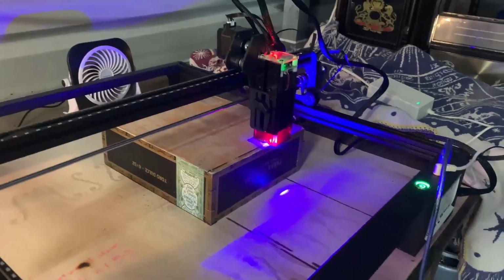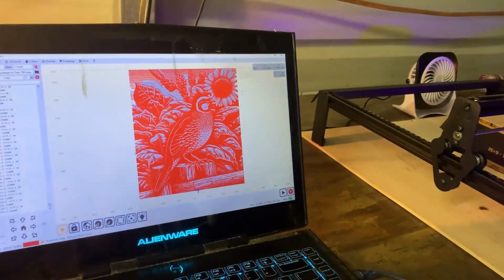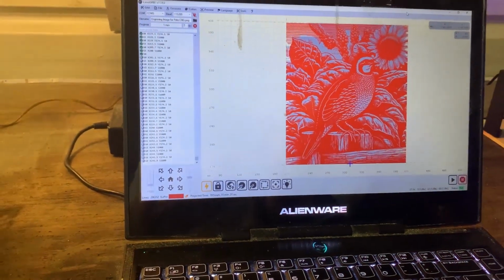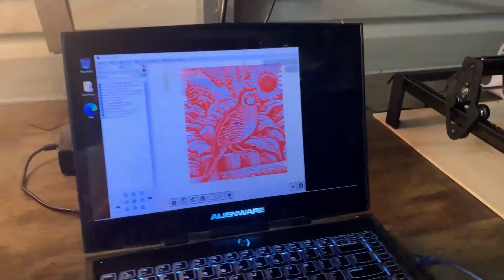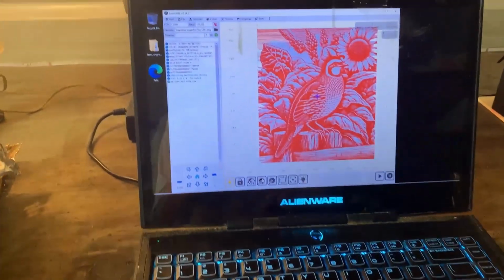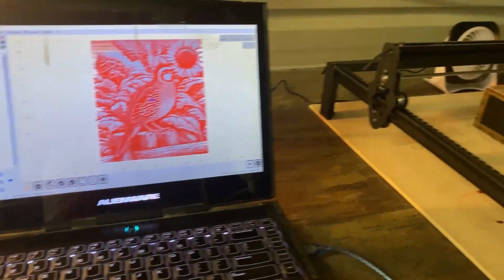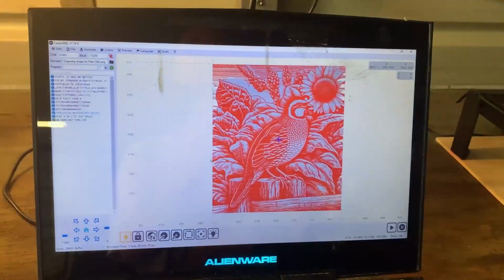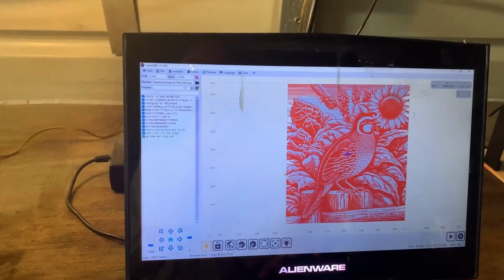Anyway, okay, so I aligned the box, focused the laser, and it's currently working on Pete's image. It says it's gonna take 19 hours to finish this? Okay. So Laser Gerbil started giving me a 2-day project estimate, and I said, nope, I can't leave this machine running for 2 days straight. And so I revised the engraving parameters, and we're gonna start it up again and see how long this will take. Starting things up in Laser Gerbil.